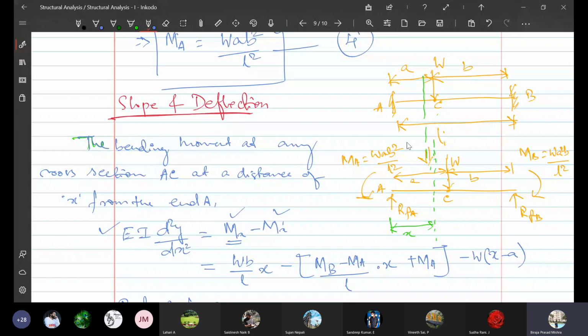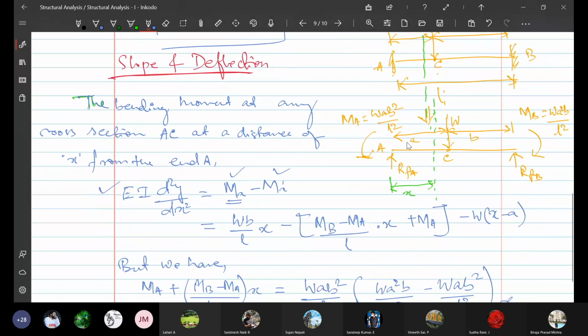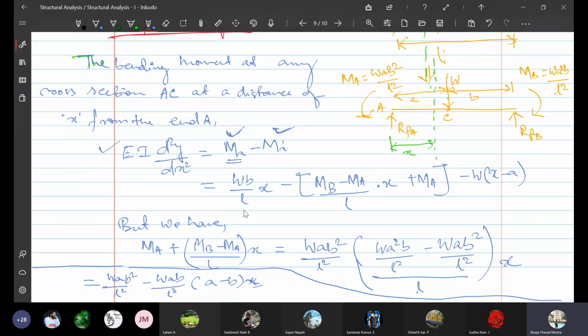I'm asking the girl who raised this doubt. What is Mx? Is it the moment of the free bending moment diagram, or the fixed bending moment diagram? The value of Mx is the free bending moment diagram, and this Mx bar is the fixed end bending moment diagram. So if you put all the values, it will be WB by L into X